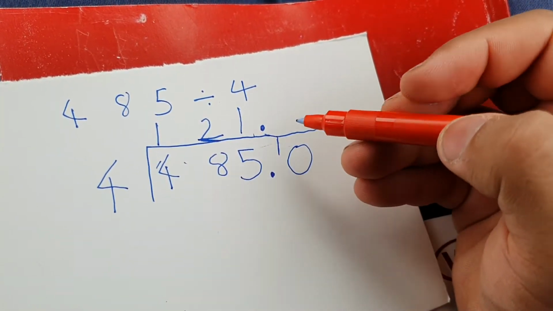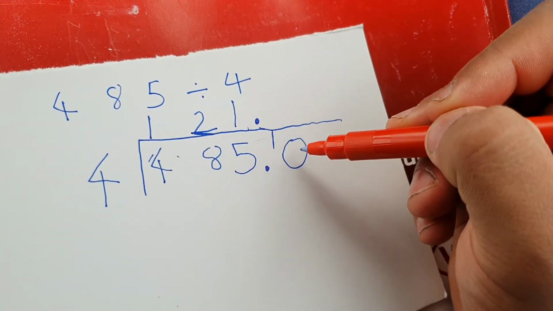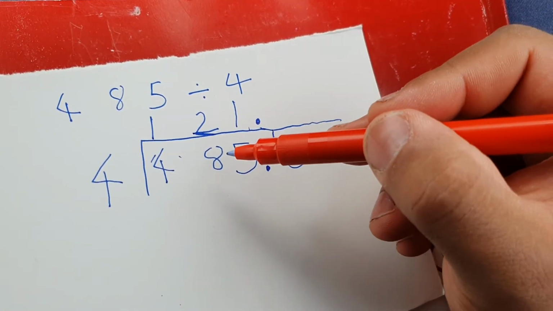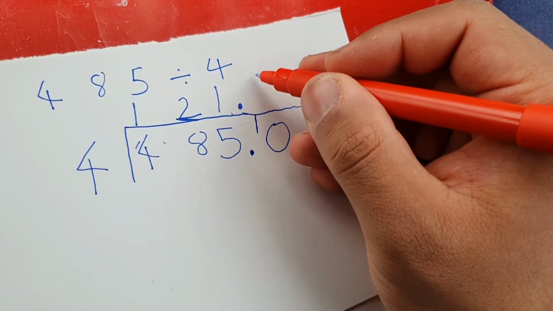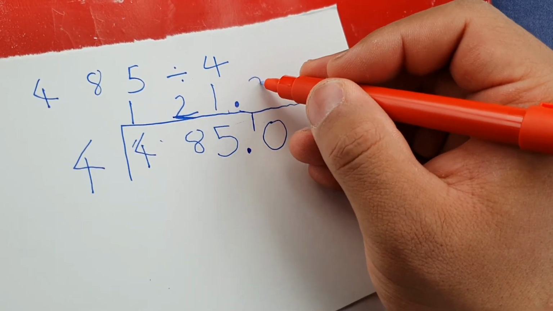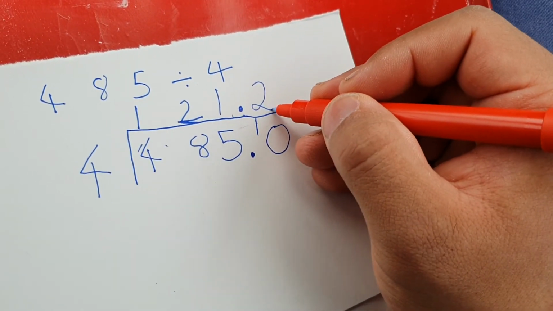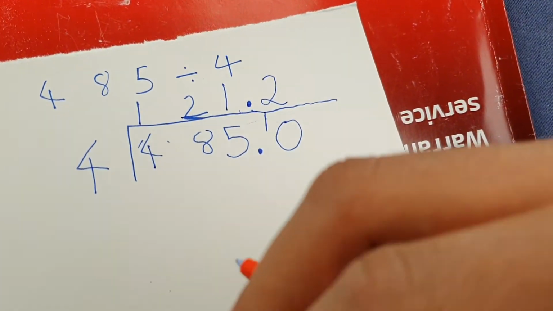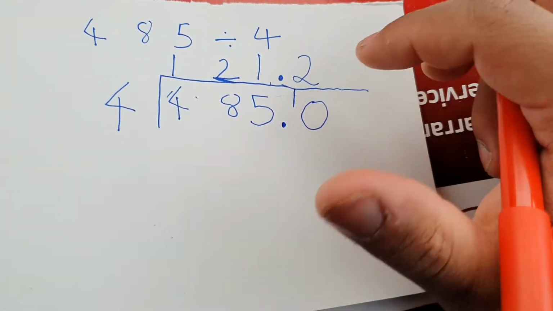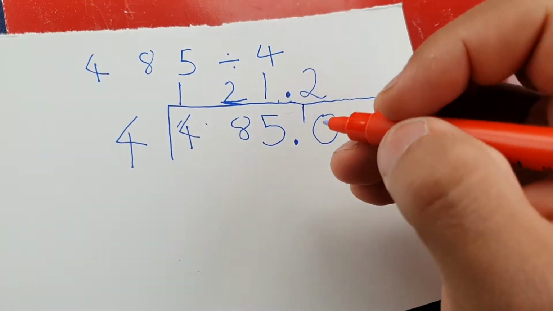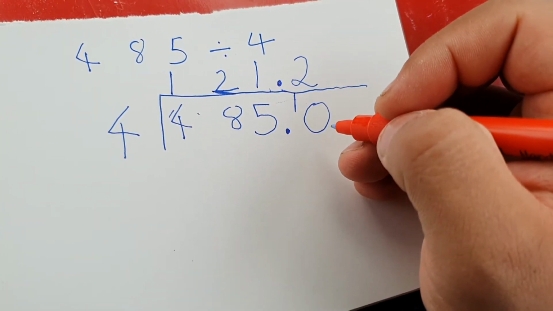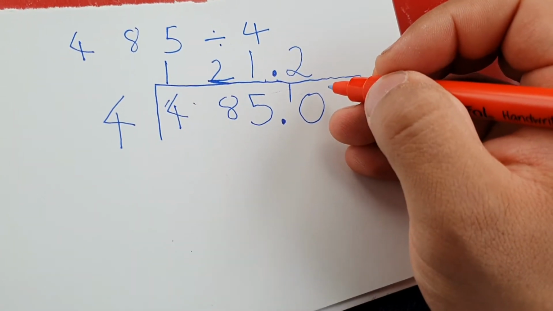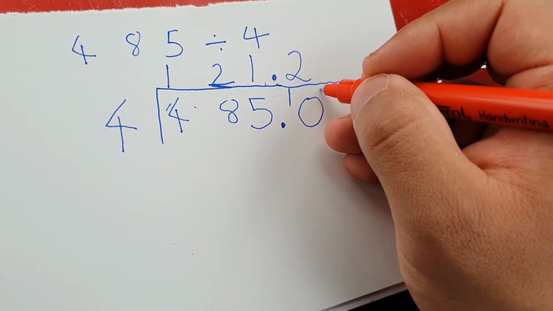And then we say, well, 4 into 10. So I read that now as a 10. 4 into 10 goes twice, because if I think of my 4 times tables, it goes 4, 8, 12. So 12 is too big, so it will go twice. And there will be a remainder of 2, because 4 times 2 is 8, and I need to add 2 to get to 10. So the remainder of 2 will go just after,